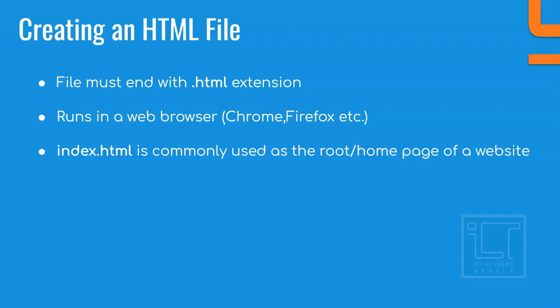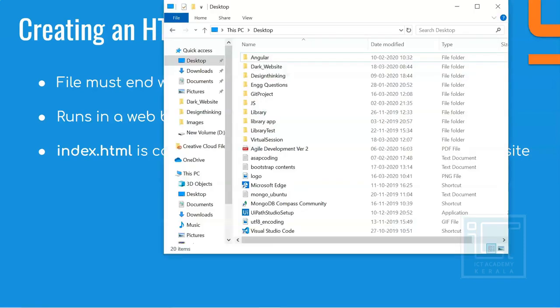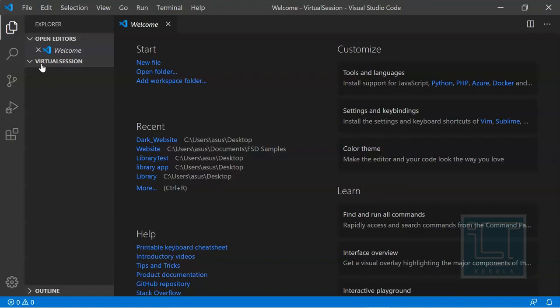So whoever takes our code will understand that if they see the index.html file, this is the master HTML file, and they can work based on that. This is the standard to follow. We'll have lots of HTML files inside a project, but the root HTML file is usually called index.html. If you don't want to use it, I don't mind, it's up to you, but I'll be following the worldwide standard. So for that, I am coming to Visual Studio.